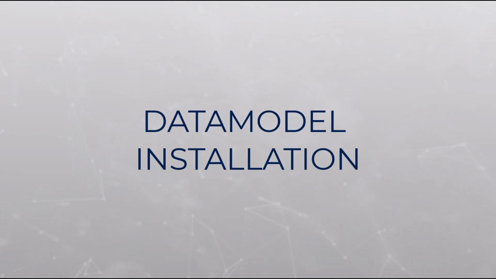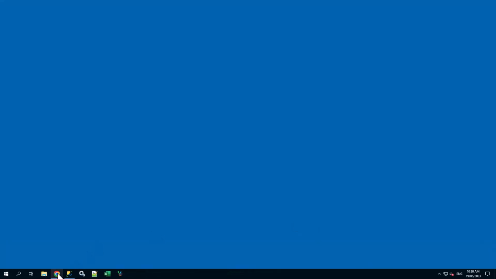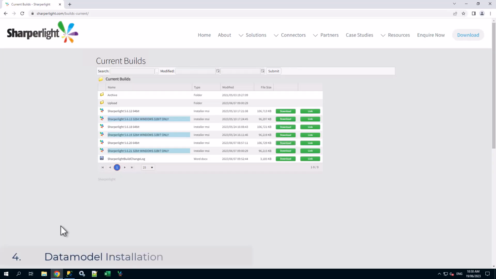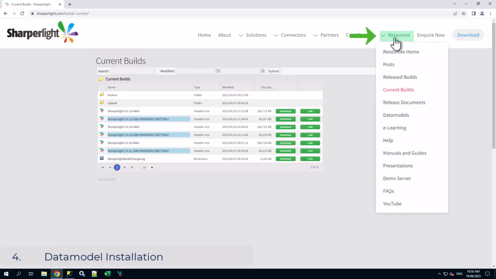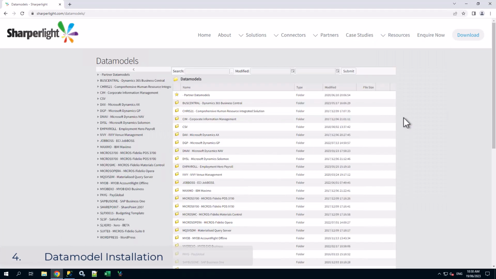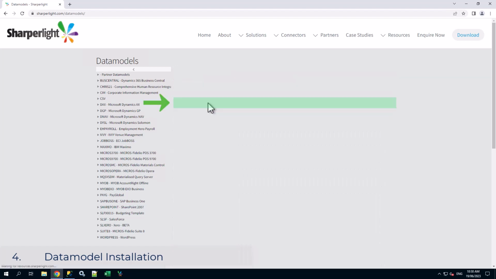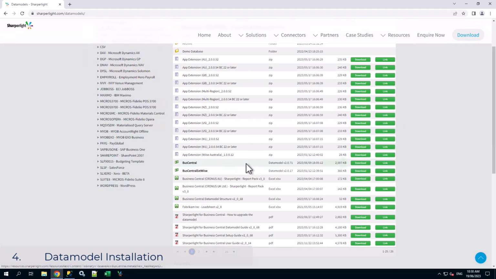Next, we want to install a data model. Go back to your web browser and now on the Sharperlight Pages Resource tab, go to Data Models. Here is a list of all data models available. For any data model you are after, click its folder and you should then be able to download the data model file. For this example, we will show Business Central and which file to download,